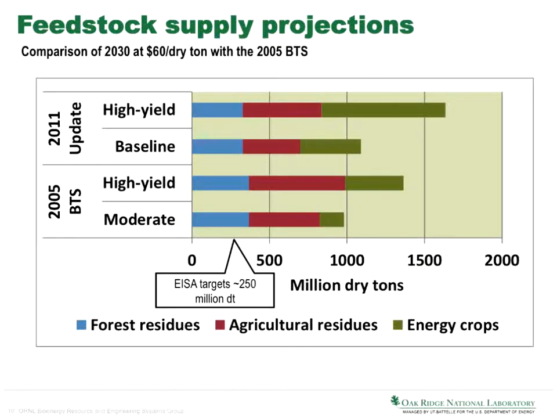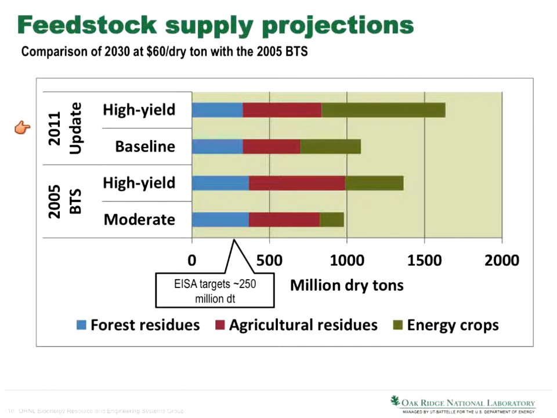Typically a presentation on the billion ton update goes through the next 30 minutes of different types of feedstocks that might be procured at different prices, but I'm going to give you the summary right up front and then unpack it a little bit within the context of land use allocation. I mentioned the 2005 billion ton study where we estimated approximately 1 billion dry tons available under a moderate scenario, or potentially more under a high yield scenario.